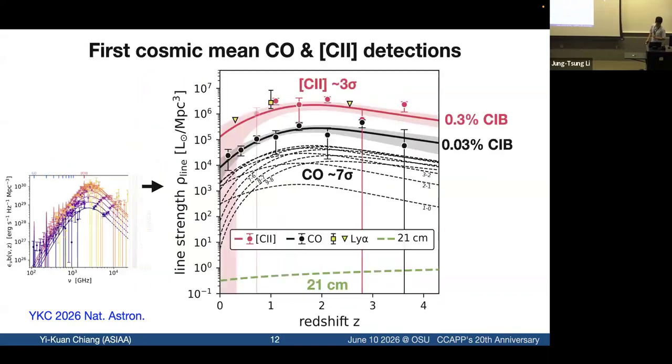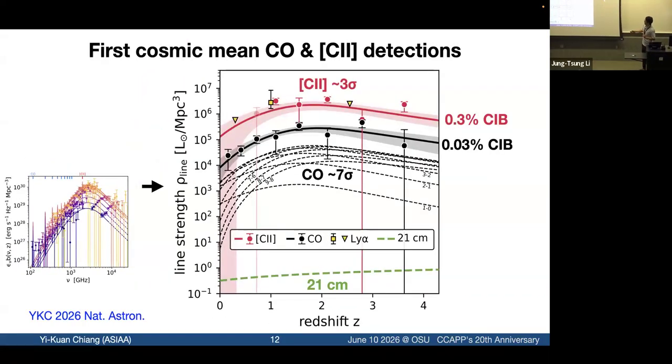So here is the posterior constraint on the line strength. This is our main result empirically. We got a 3 sigma detection of the C2 background. And it turns out C2 is the brightest emission line in the universe in absolute energy units. But the SNR is not that high because it's sitting near the top of the CIB continuum, so there is a lot more continuum noise. And CO, combining 9 different transitions, accounts for roughly only 10% of the C2 amplitude.